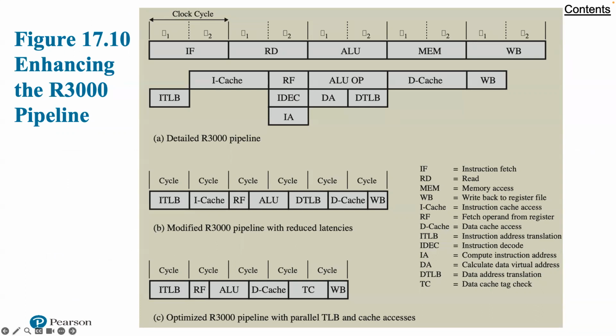All instructions follow the same sequence of 5 pipeline stages: the instruction fetch, the source operand fetch from the register file, the arithmetic logic unit operation or data operand address generation, the data memory reference, and right back into the register file. An illustration in figure 17.10A